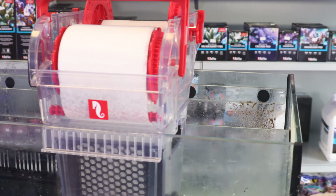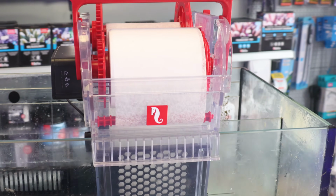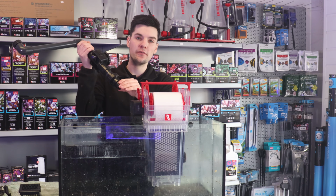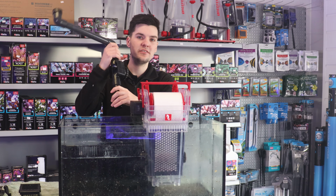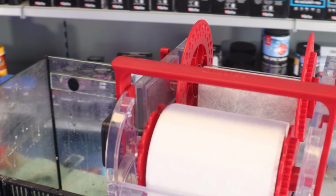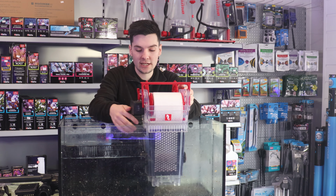So as you can see, we've got the REEFMAT in our V3 Reefer 350 sump now, and we've modified our pipe to have the fitting on there, which was super easy as you saw. So Red Sea don't actually recommend that you do it this way. There's only one way you can do it, which you can see on your screen now, and that's to cut